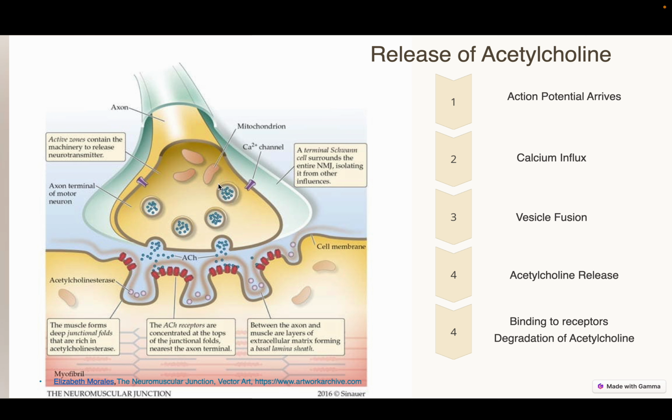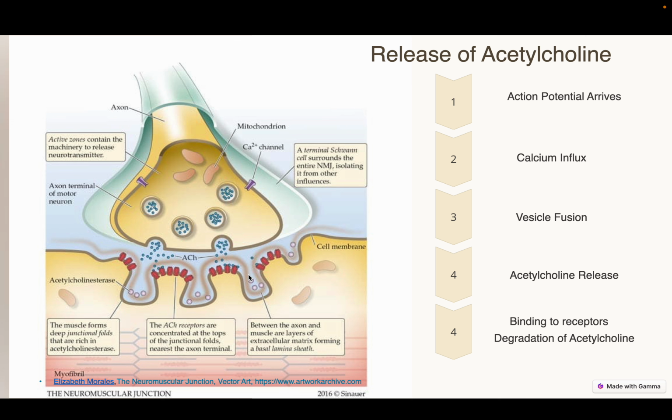Once the impulses come from the brain as an action potential, it's going to reach the axon terminal, which causes voltage-gated calcium channels to open, allowing calcium ions to enter the neuron. Calcium ions trigger the synaptic vesicles to fuse with the presynaptic membrane, releasing acetylcholine into the synaptic cleft by